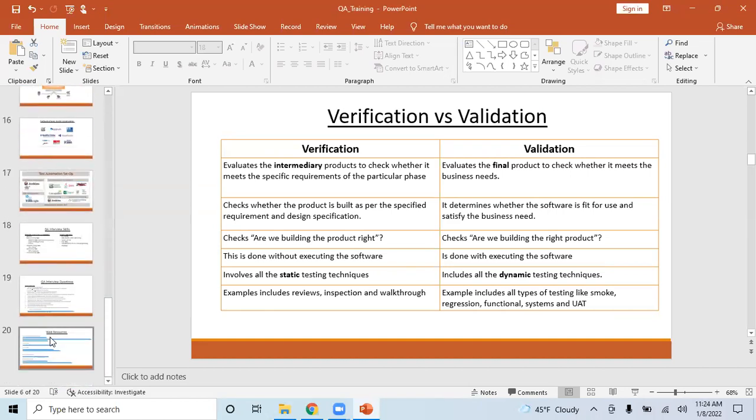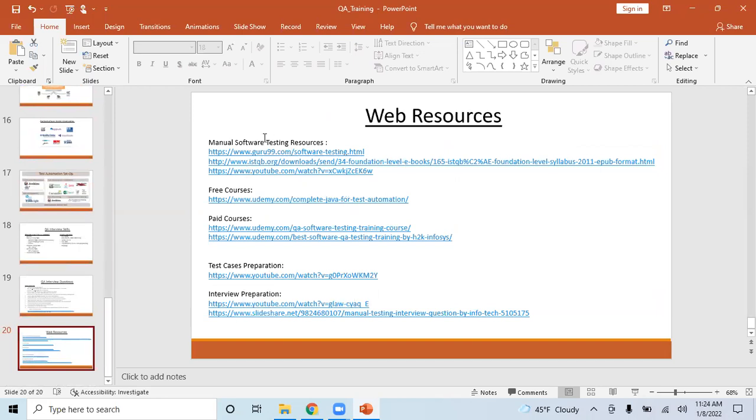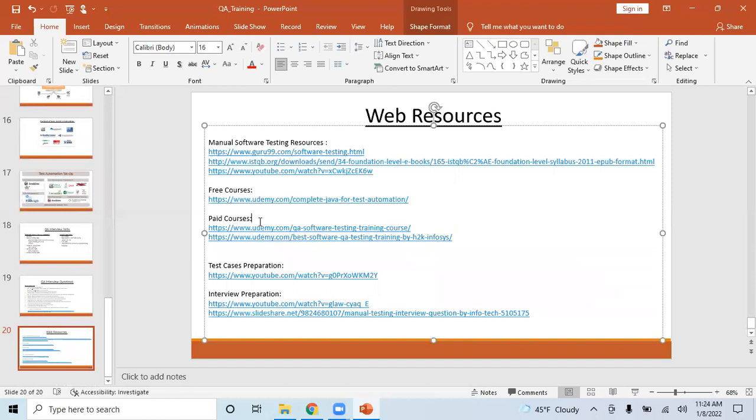And I gave these web resources, right? At the end of the PPT, you will always find something. If you are more interested in some things, I'll keep adding to these. I gave one free course for Java, and I even gave some good paid courses on Udemy. Sometimes you get courses for $10. The only thing is, what is the problem with the paid ones? Why I will not suggest these kinds of paid courses right upfront is, for software testing itself, there will be 40 hours of training. You have to spend 40 hours.